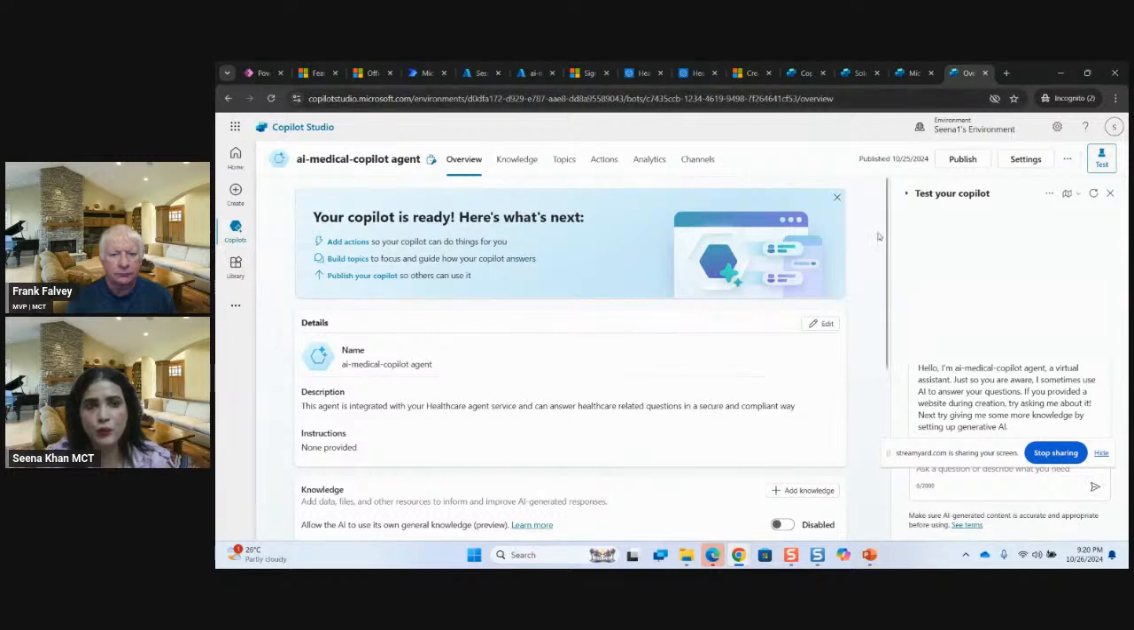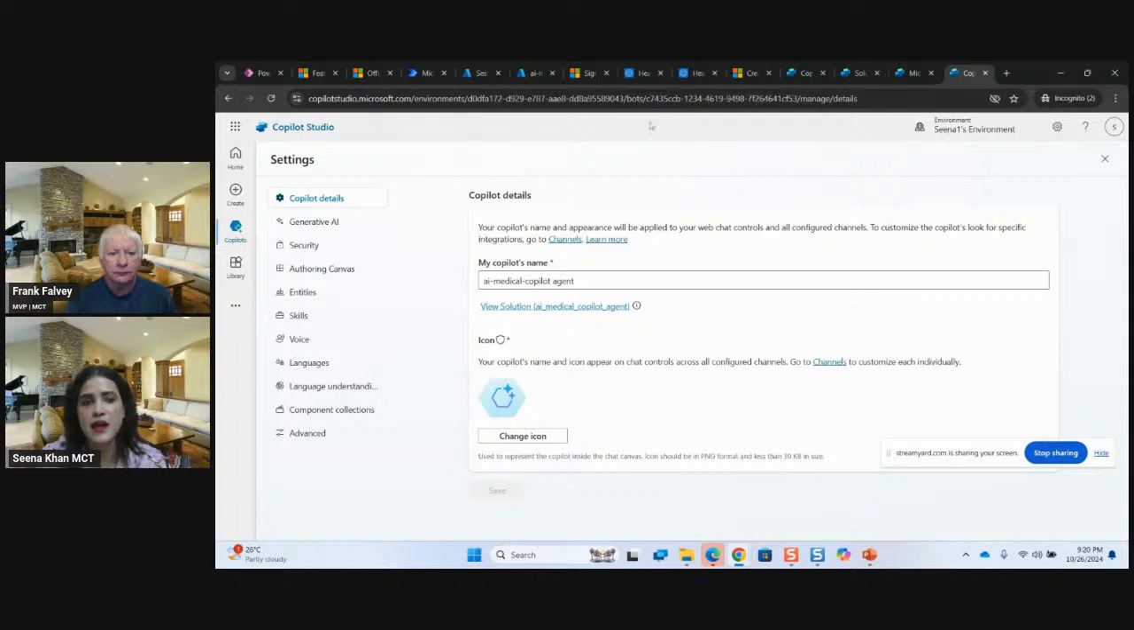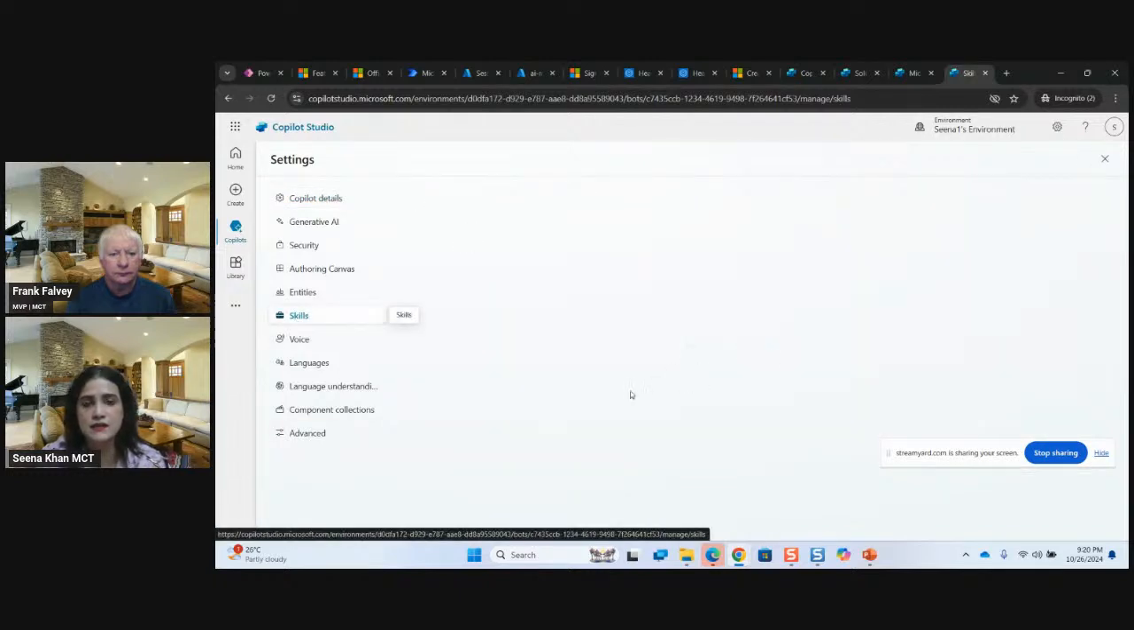So it will open this view. Here the AI medical copilot agent has been opened, and these are the several sections of this agent copilot. Before you enter anything here, just click on settings, and coming over here, in the skills,